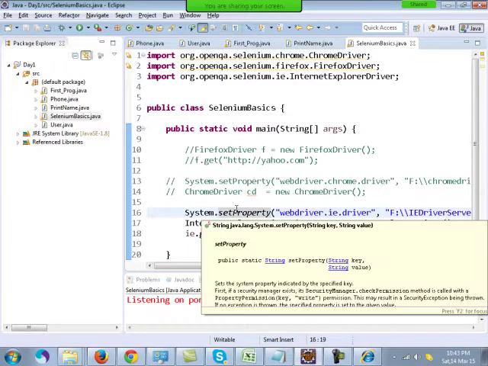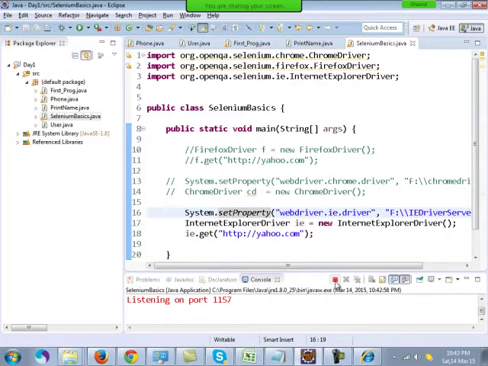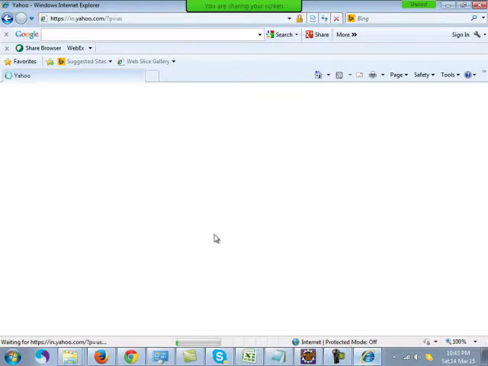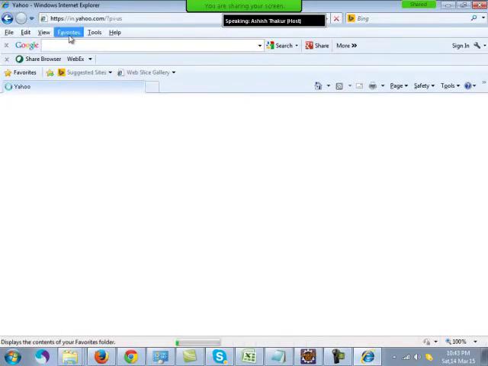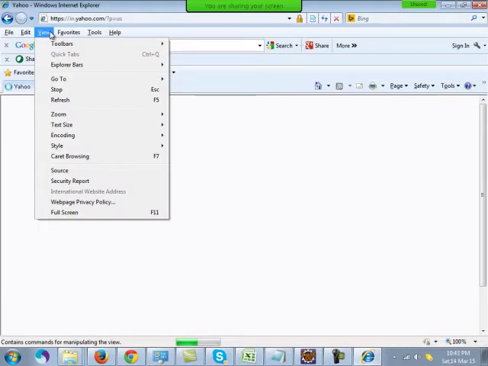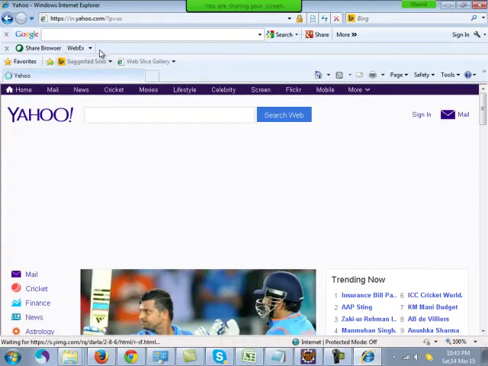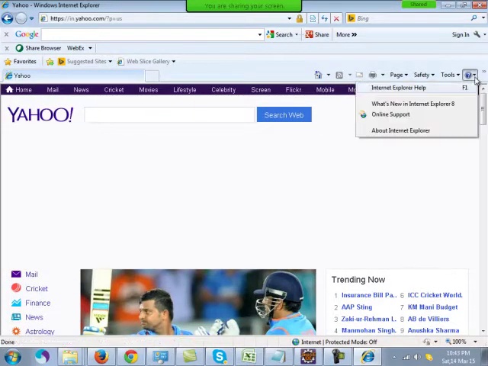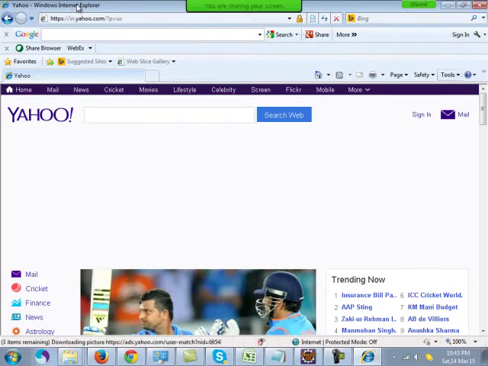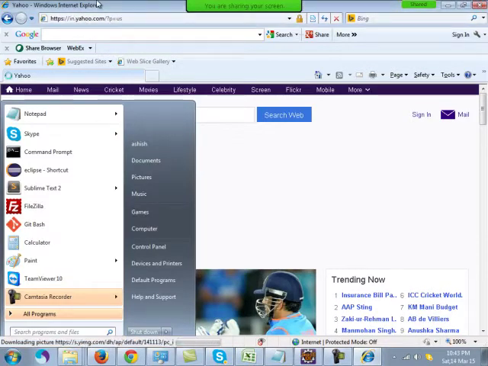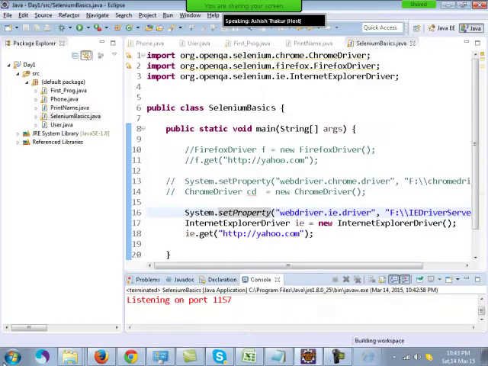Okay, right, now if you are not able to open up IE, and your IE is giving issues, now there are various settings which need to be done. First of all, make sure that the zoom level in IE is set to 100%. Hold on, where is the zoom level option?